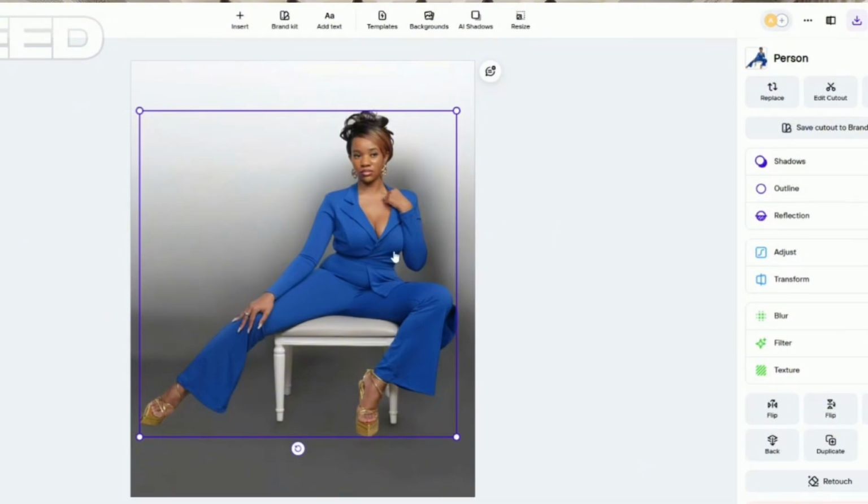So this is one of my photos from my clothing brand. I actually took this photo in a studio, and I wanted to edit my waist. I wanted my waist right here to be tucking in. My little kangaroo pouch is showing. And I also wanted to change the prop of this chair as well, and also change the background and setting of this photo. So the first thing that I'm going to do is I am going to go to edit